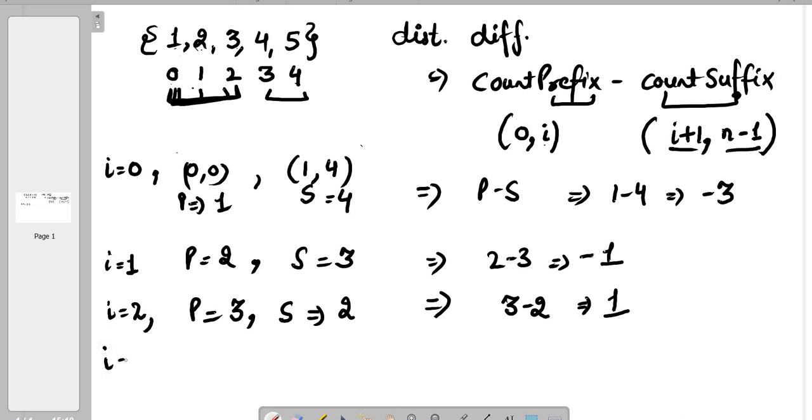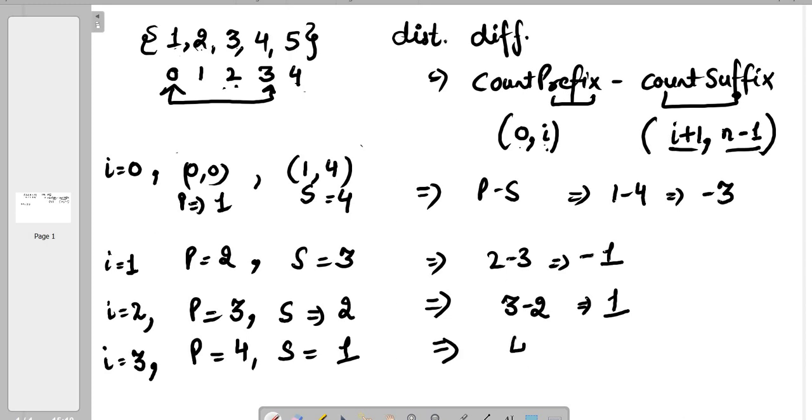And then we have i 3. So i 3 means 0 to 3. That means 4 elements. All are unique? Yes. So prefix 4 and suffix would be 1, right? So it would be 4 minus 1, that is 3. And when i is 4, prefix would be 0 to 4.